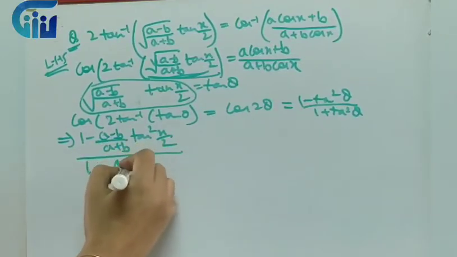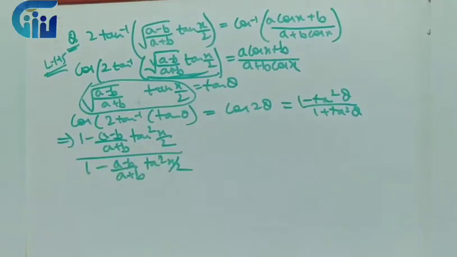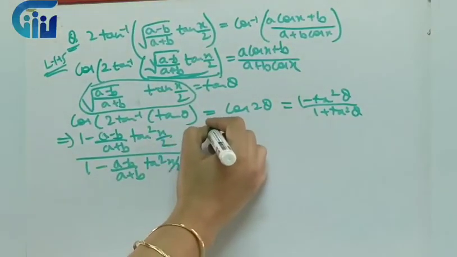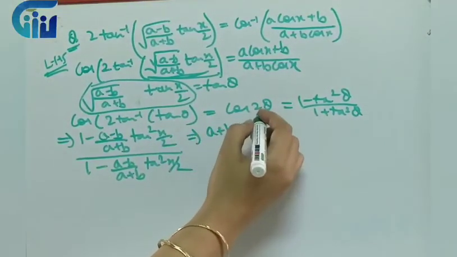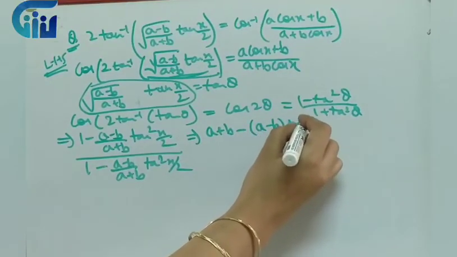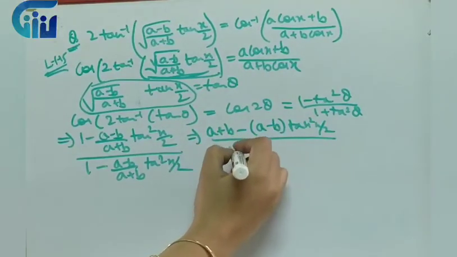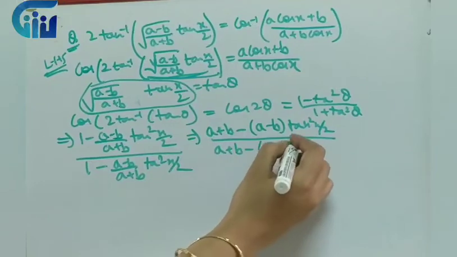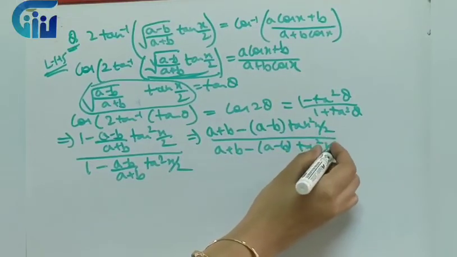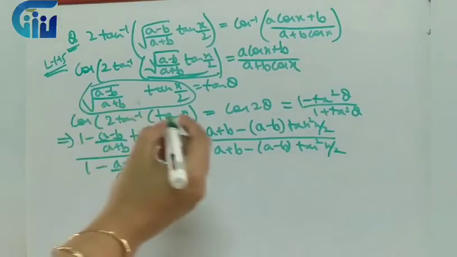Now what we have to prove is that the left hand side is equal to the right hand side. So if we observe this particular question, and if I have to prove both the sides are equal, what I can do is take cos of both the sides. So it will be cos 2 tan inverse under root of (a minus b) upon (a plus b) tan x by 2 is equal to (a cos x plus b) upon (a plus b cos x). I can prove this result also.